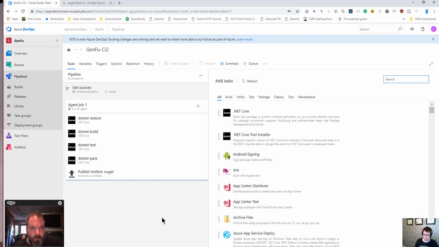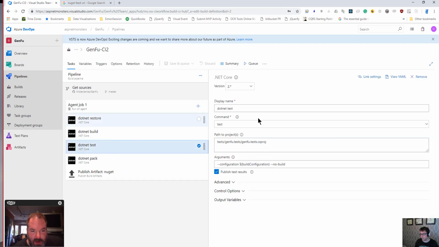So is that all that's necessary to get it to be picked up in DevOps, or do we need to add something to the pipeline? Well, we need to add two things. We need to add some extra arguments to your dotnet test, and then we're going to add an extra command. So the extra arguments are